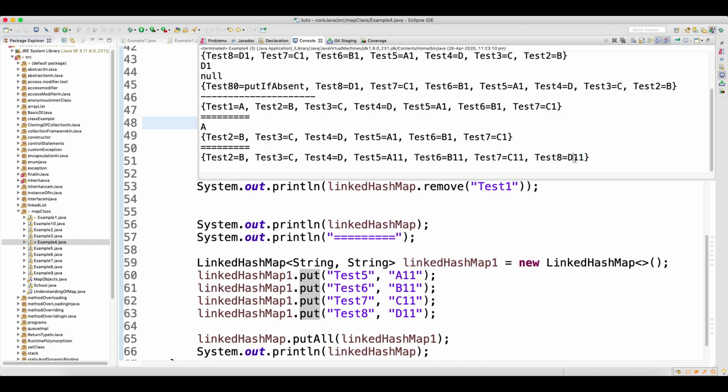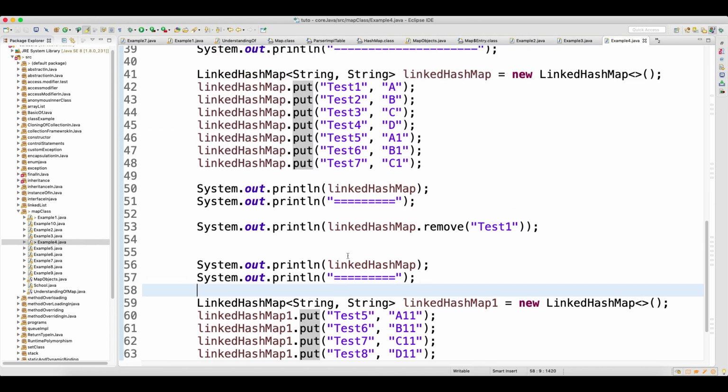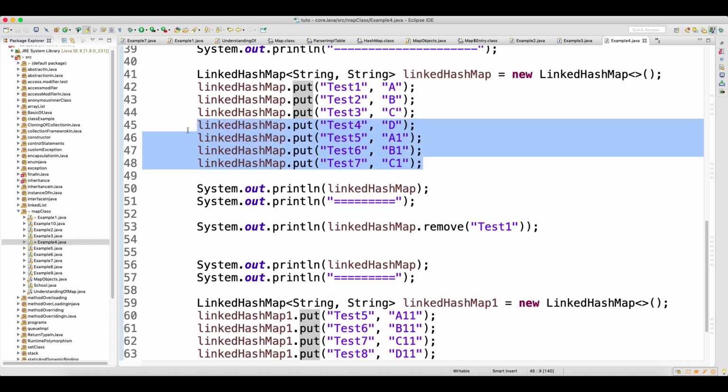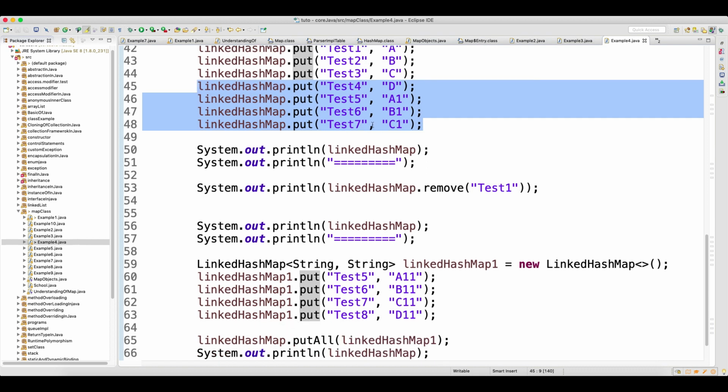So earlier why did I say it will not add? It will not go and add a new key, like test 4 D, test 5 A1, test 6 B1, test 7 C1. What it is doing is keeping the same key, and the value is getting changed.